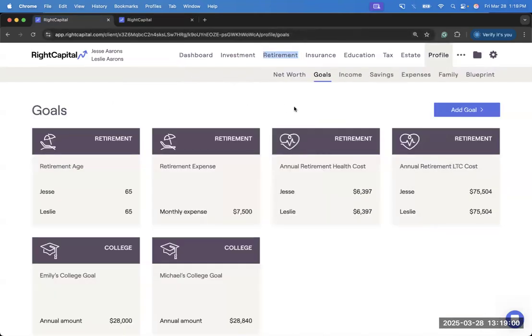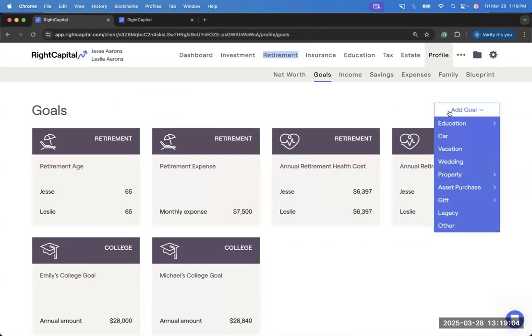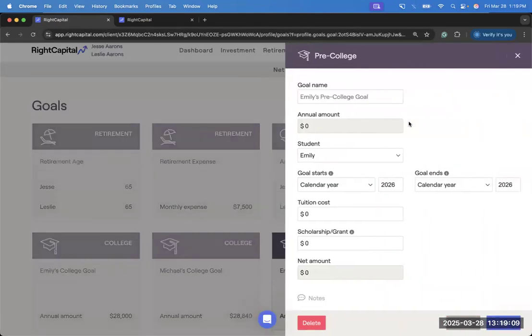So something like private high school, maybe. And the way that we would do that is very similar. You click add goal in the upper right, hover over education, and then you'll find a pre-college option as well. And the data entry here is mostly the same. The main difference is that we don't have those national averages or that college lookup tool to use, but we